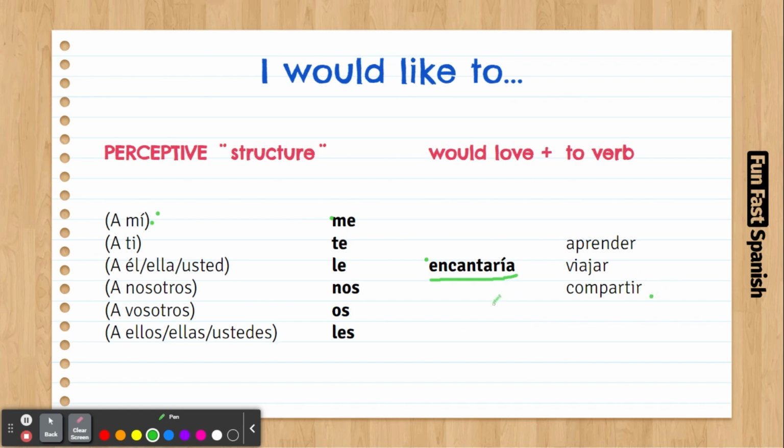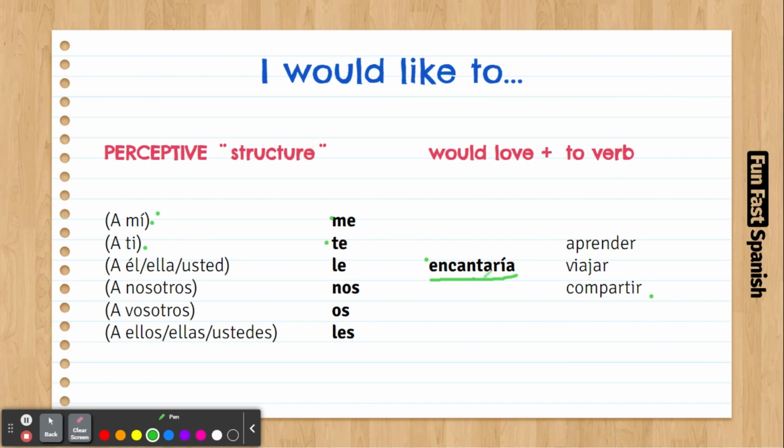So, with this, you can say "I would love to." So that's pretty much it. Easy, right? A mí me gustaría, and then the verb. A mí me encantaría. I would love to, and then the verb, and that's it. And remember, if you want to use any other personal pronouns, feel free to do it. And you can also use it, for example, as a question like, would you love to do this?